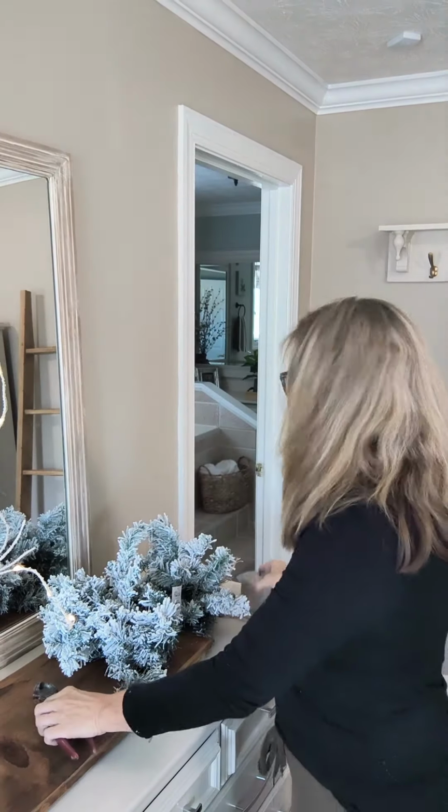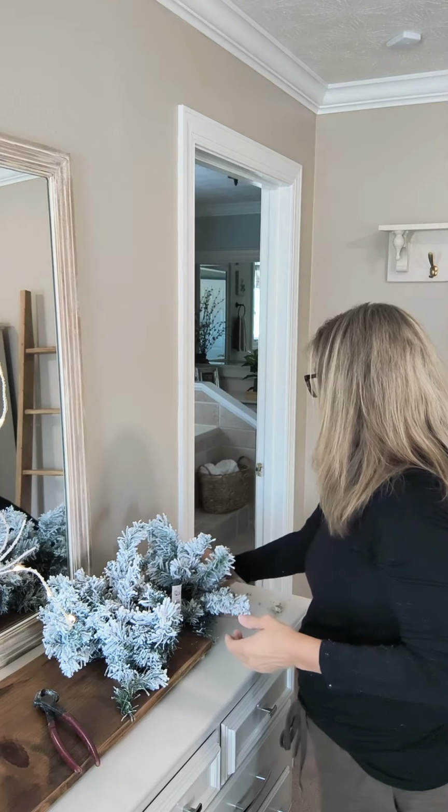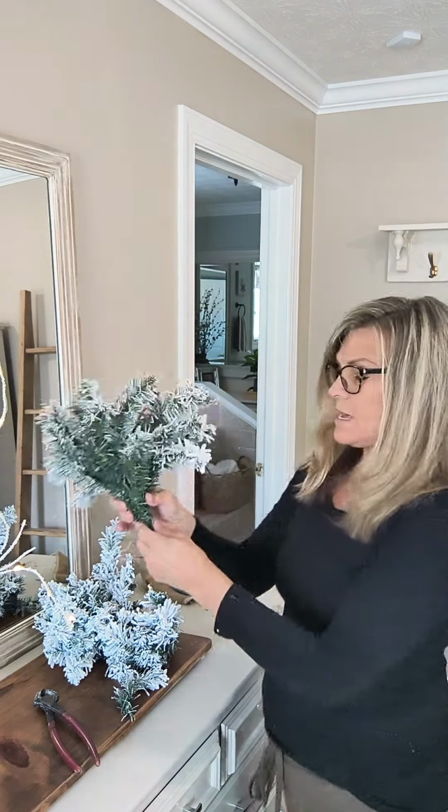Yeah, I'm going to have Mr. Tip cut this out for me. So hold on, I'll be right back. So I knew he can do it. We first cut the tree off of the little base here, that was just wrapped up with the burlap. And I'm going to cut this off